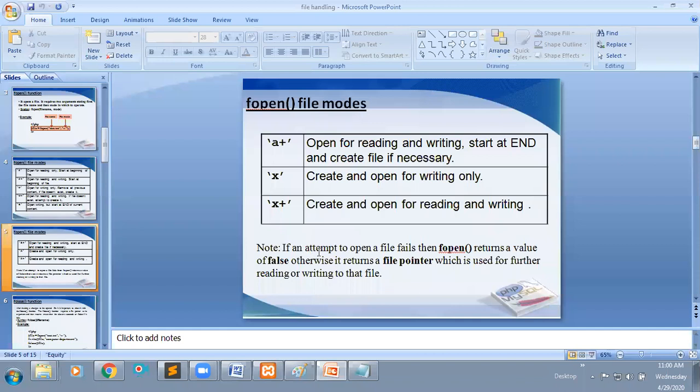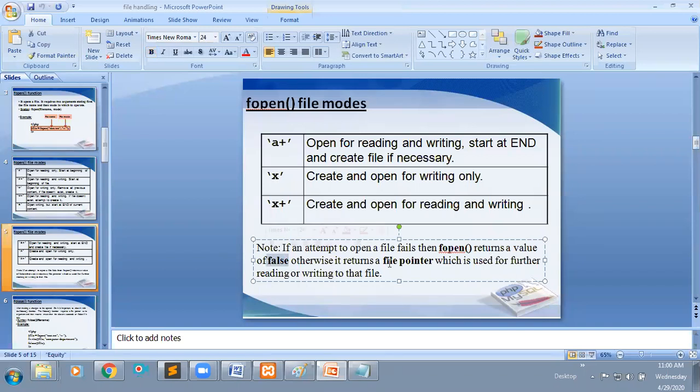If you attempt to open a file using this fopen function, and it fails, that means the file is not opening, so it will return the value false. Otherwise, it will return a file pointer, which is used for further reading or writing to that file.